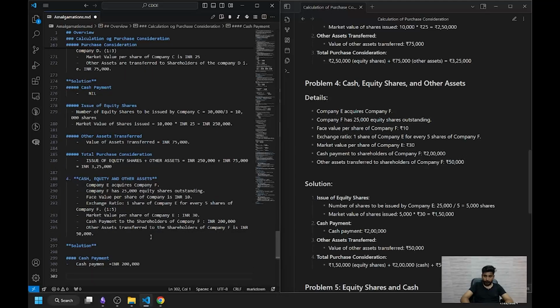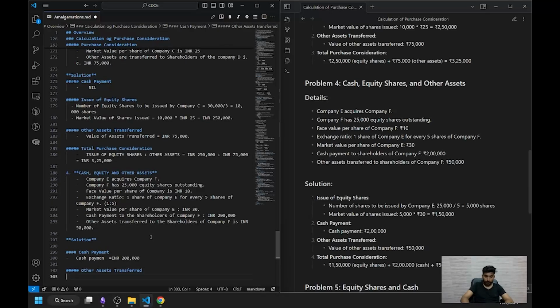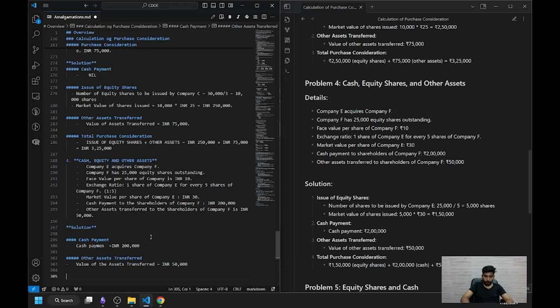Now, next up, we will see if there is any other assets transferred. Yes, we also have the other assets which has been transferred. And that is how much? 50,000. Next up, we have